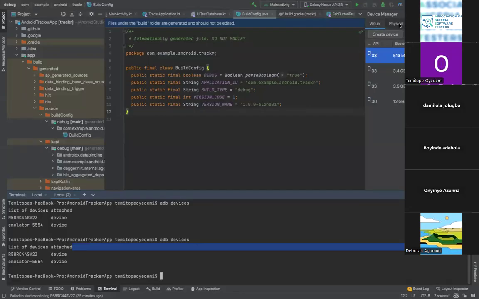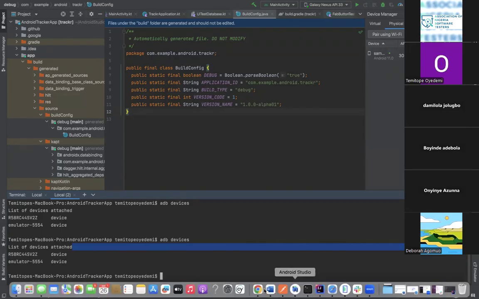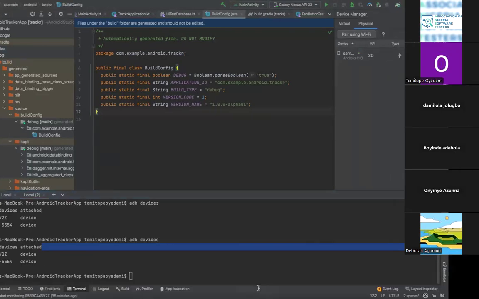And when we talk about the physical device, we are talking about your actual device, the one in your hand, right? You can connect them, and this will help you to manage them. Also, you have access to terminals and all of that, so you can easily type things here, view attached devices, and a lot of other commands. So that's the essence of having